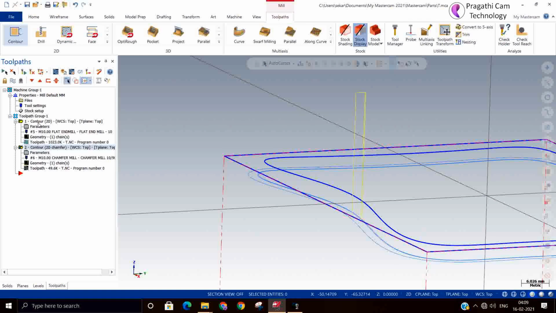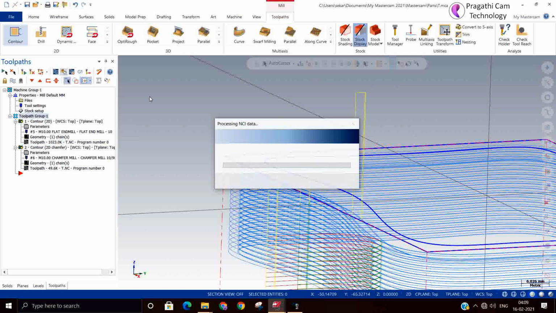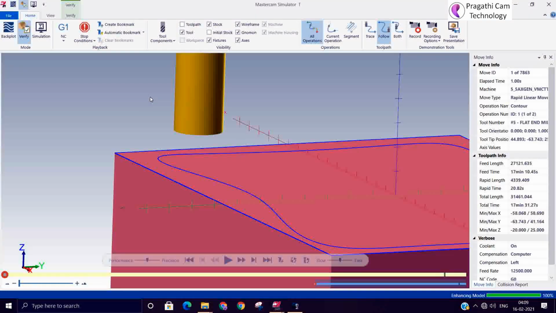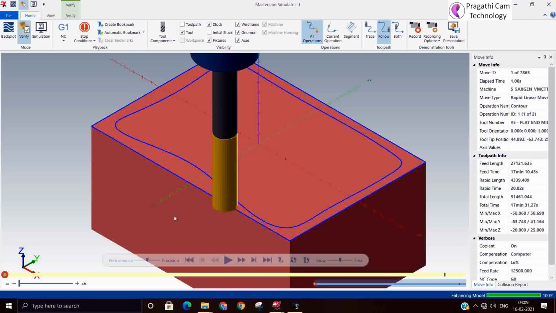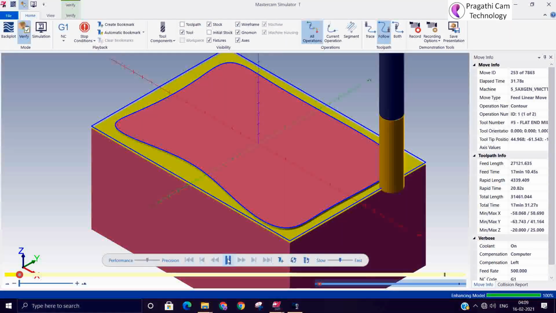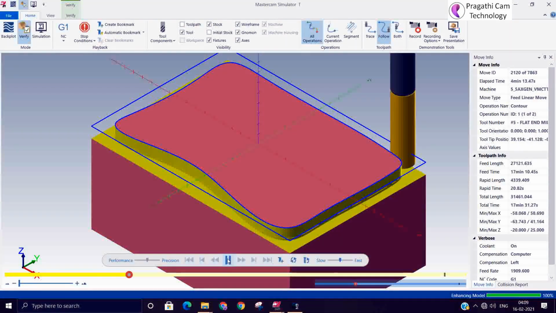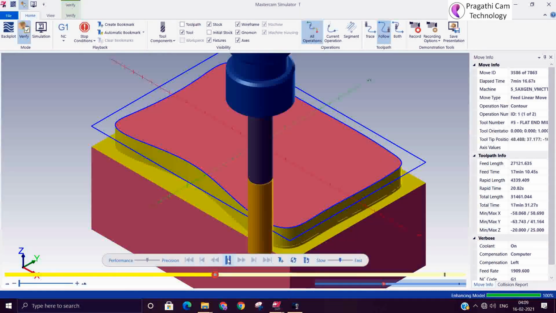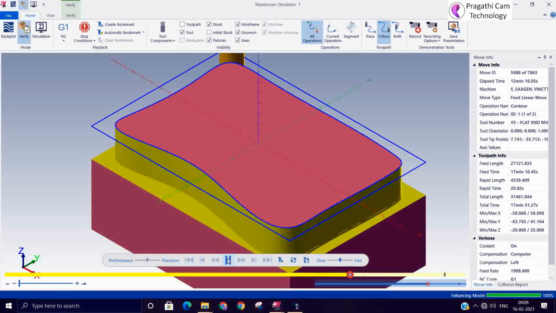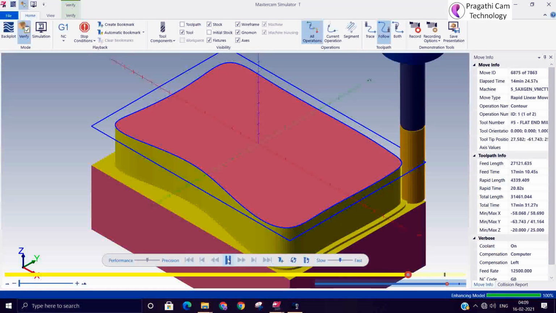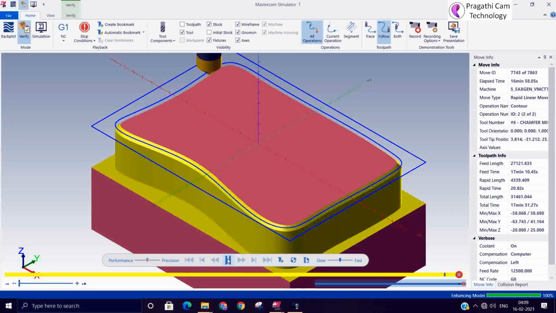Where there is a heavy load on the tool, you can utilize the multi-pass. For a very small chamfer, just wedges to be broken, you can use single pass itself.